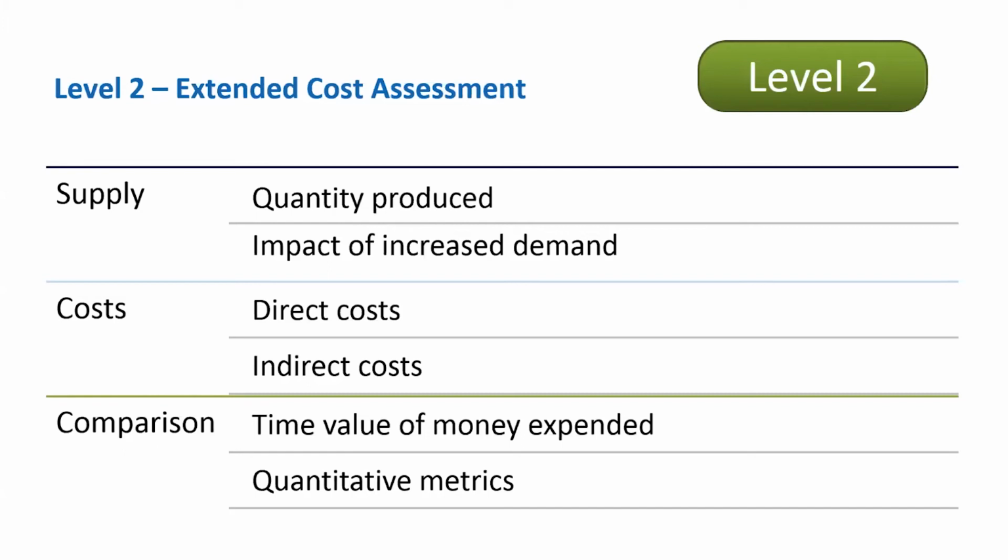Is the alternative being produced in sufficient quantity to meet demand if the alternative is used in place of the substance of concern? If the demand increased, could it be produced in sufficient quantities and by multiple suppliers, ensuring a constant supply? Consider the various costs and what the impact of implementing the alternative would be to direct and indirect